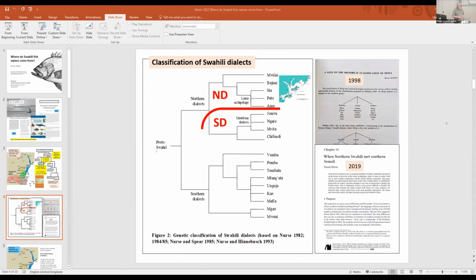It's not perfect, but there are no other languages in that group that have an extensive fishing vocabulary. Maybe some of the Mijikenda, but I don't think it's particularly separate from Swahili. And